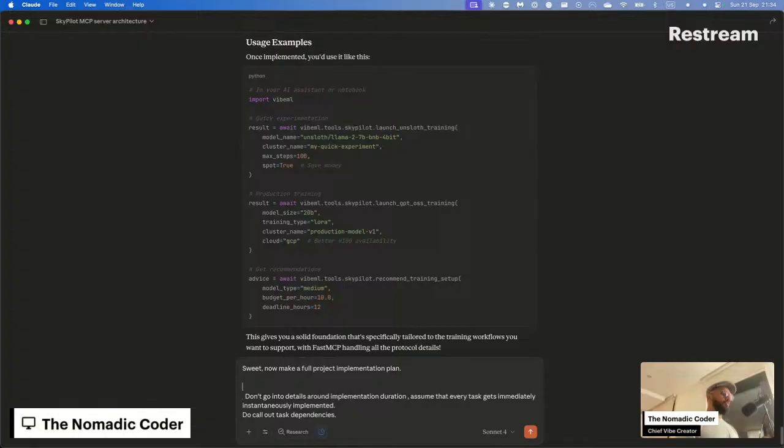For the Python stack, assume FastMCP, a UV-based project, and the MCP server itself would run as a local UV-based tool for now, for the MVP, let's say.